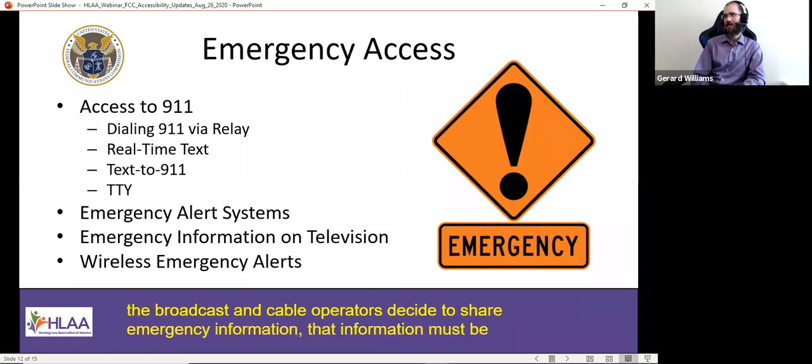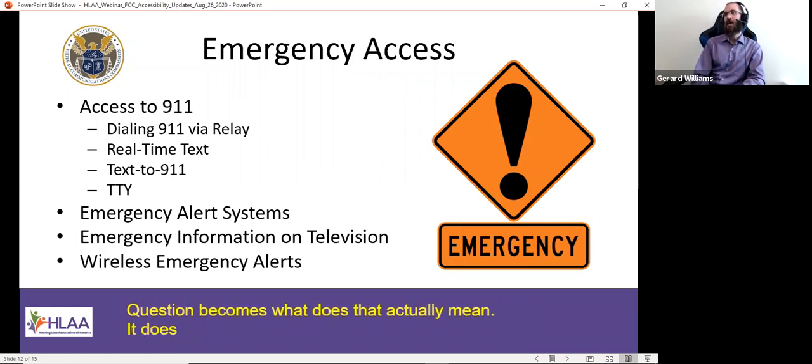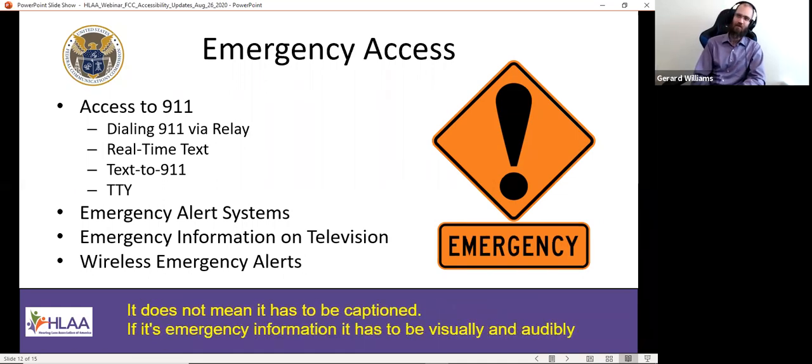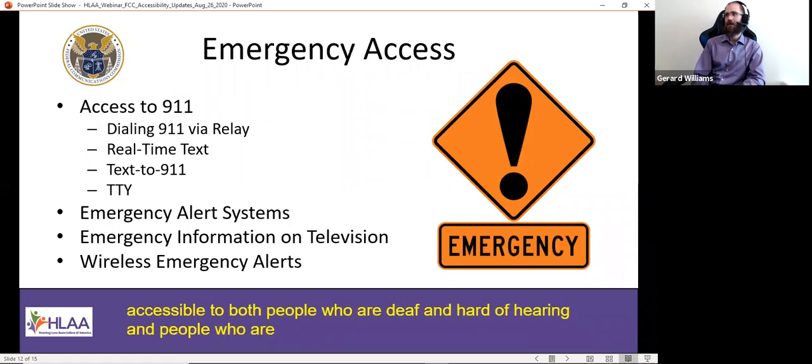The question becomes, what does that actually mean? It does not mean it has to be captioned. If it's emergency information, it means it has to be visually and audibly accessible to both people who are deaf and people who are hearing, and people who are deaf-blind and visually impaired as well.